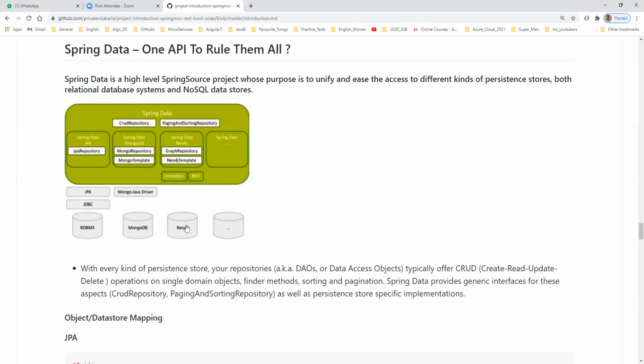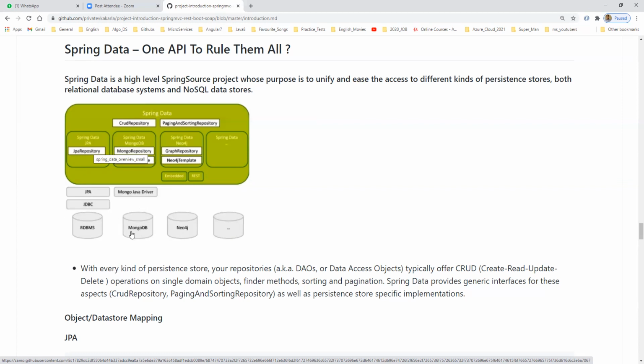On top of each and every database, so all the relational databases, why? Because relational databases follow the same pattern, right? So we have a JPA repository for those, and for MongoDB and NoSQL databases there is some syntax and way of storing documents, JSON documents or normal documents or any other formats, different for each NoSQL database.